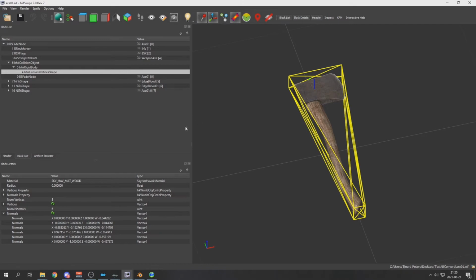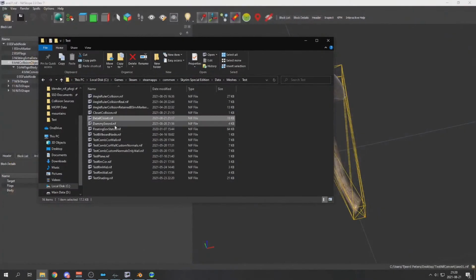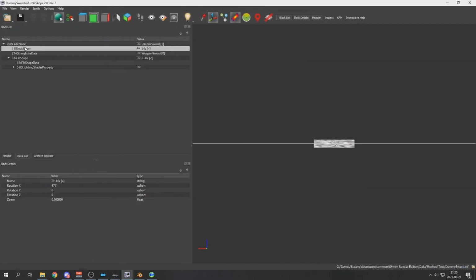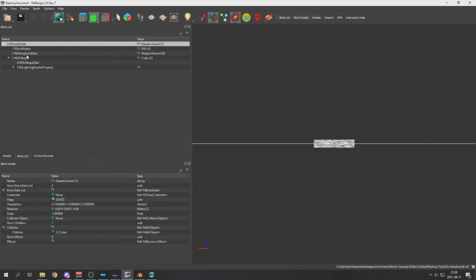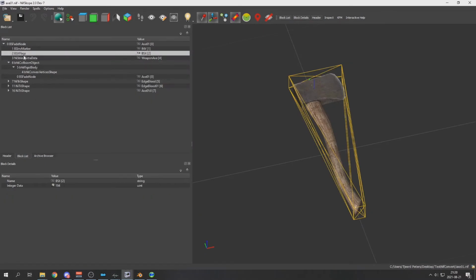But what you always want to do is just copy, so if I go to my sword, you'll see that if you want to, first of all, copy the BSX flags, because we've run into that problem before. So simply copy the node,